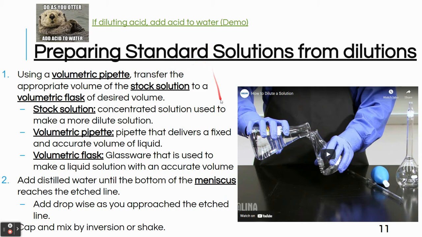I included a list of steps that you would follow to make a solution by dilution. And there's a great video here made from the same video providers as the previous video for weighing solids. So do make sure you watch this video so you can sketch and explain how to make a solution by dilution. But essentially, you take a volumetric pipette to grab a specific amount of your stock solution, the concentrated stuff,